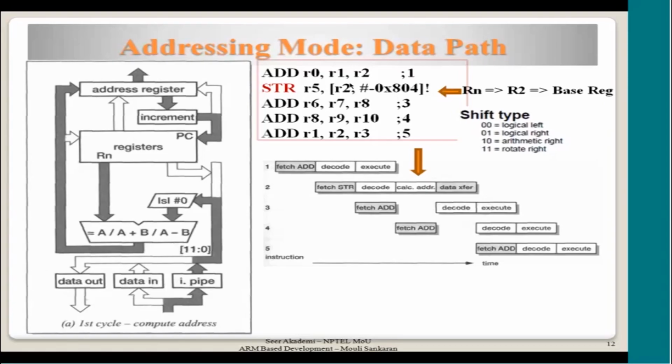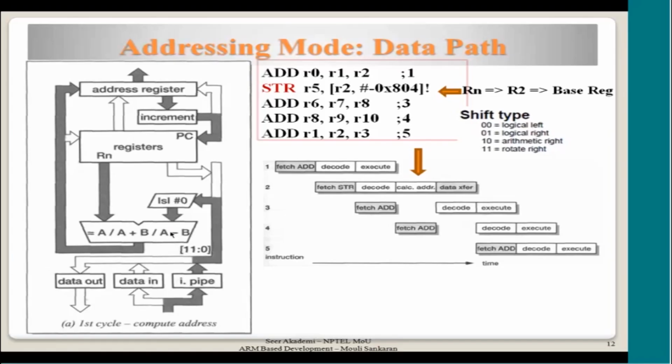So for this particular calculation there is no shift operation. Now why is this coming through this? I told you that this is the immediate constant which is coming along with the instruction. When I say along with the instruction, it is decoded, it is part of the instruction, it is encoded into that. So it has been decoded by the decode stage and then it is passed on to the pipeline register and coming here. You see here 12 bits are there, 0 to 11, 12 bits are shown here,